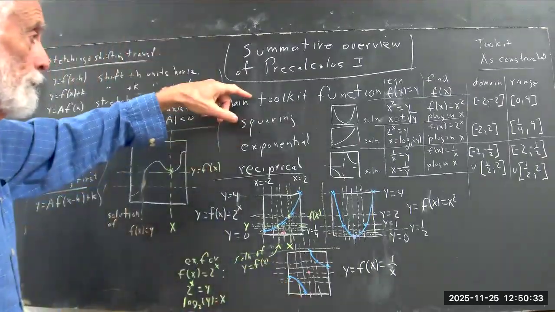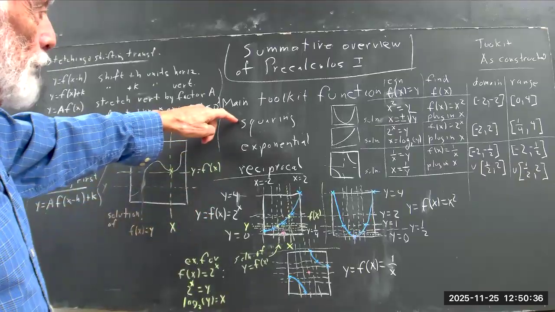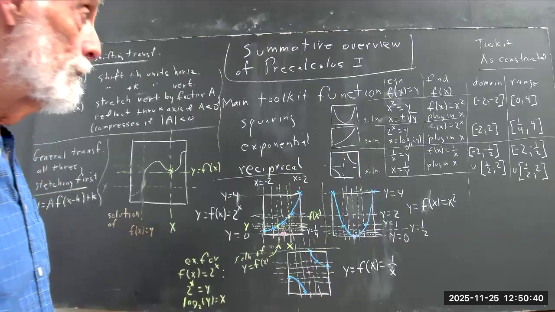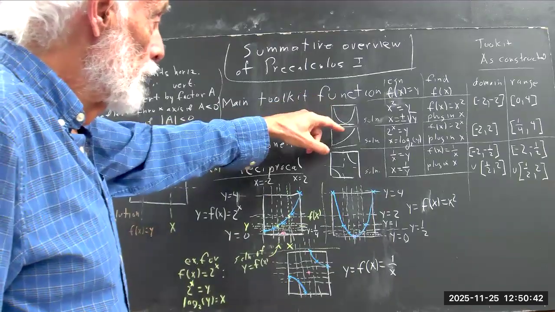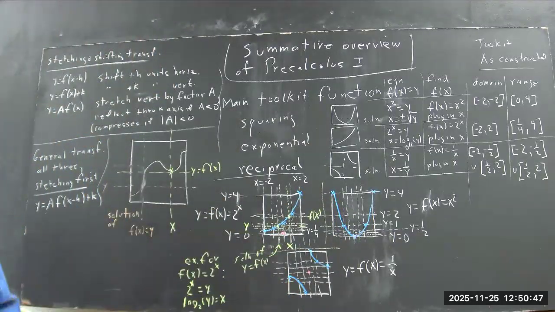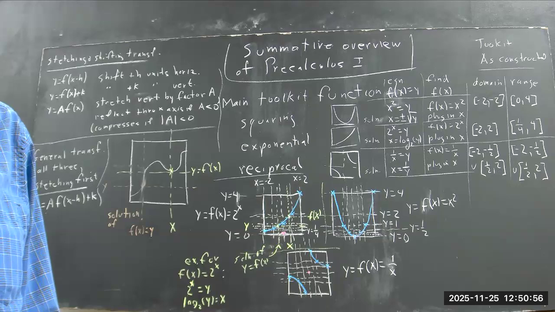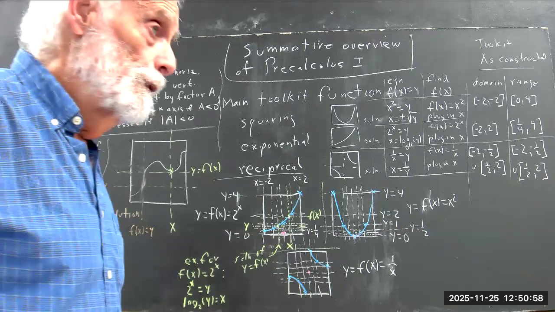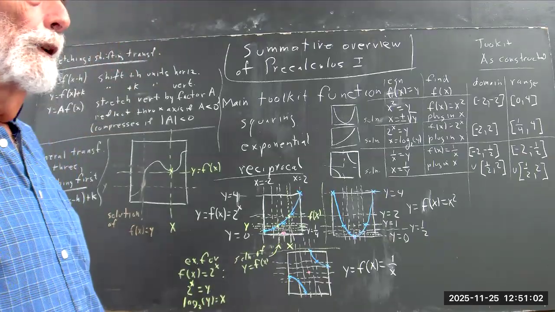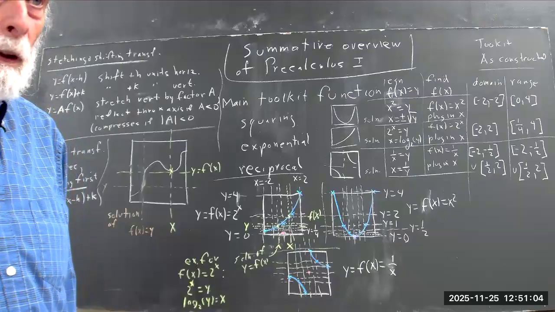First of all, we focused mainly on the squaring, exponential and reciprocal functions, which have graphs that look like this, this, and this, that can be constructed by means that you simply have to know. And everybody here has done really well with constructing those things, at least the first test. And if you haven't got the construction down, you're going to really need it because it will appear on the